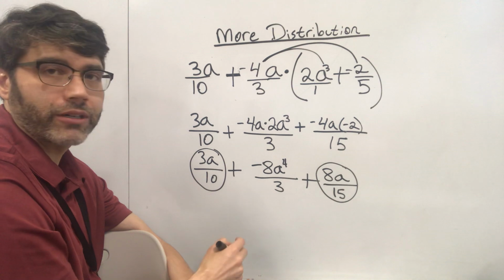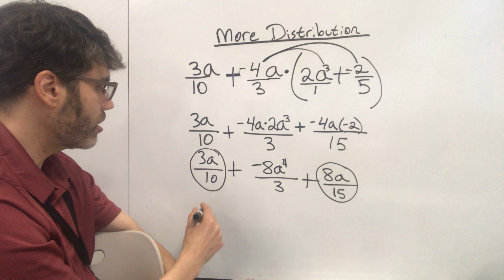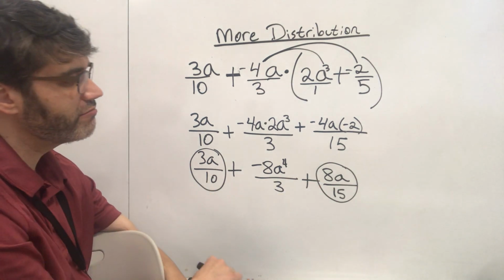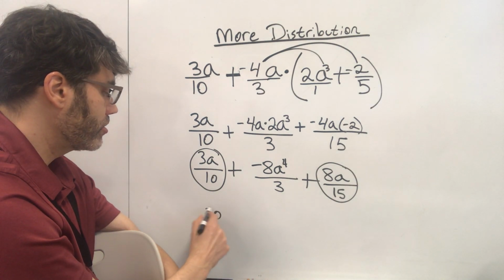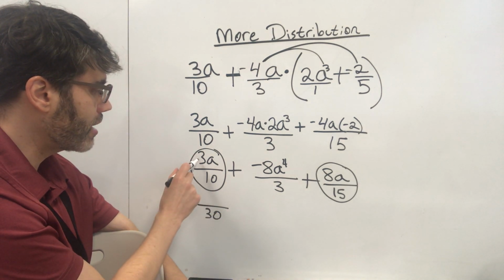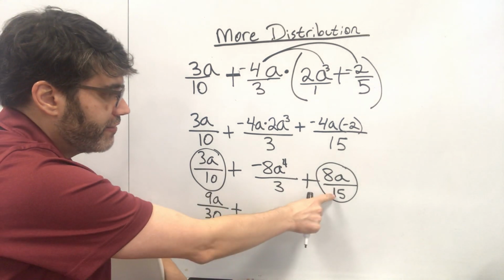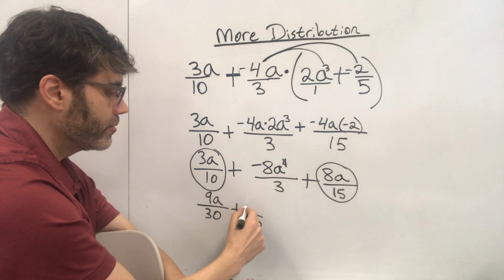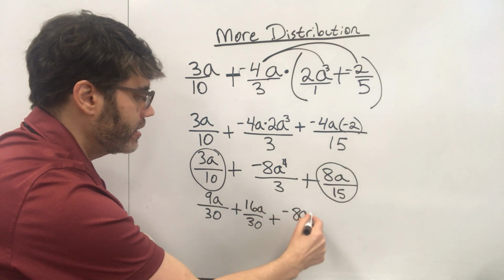Well, that's a bummer. They have different denominators. You're going to have to make common denominators, okay? So the common denominator between 10 and 15, the least common one that I can think of is 30, okay? So this is 30. It's still on. Good. 3 times 10 is 30, so 3 times 3a is 9a, plus, and then 15 times 2 is 30, so 8a times 2 is 16a, plus negative 8a to the 4th,